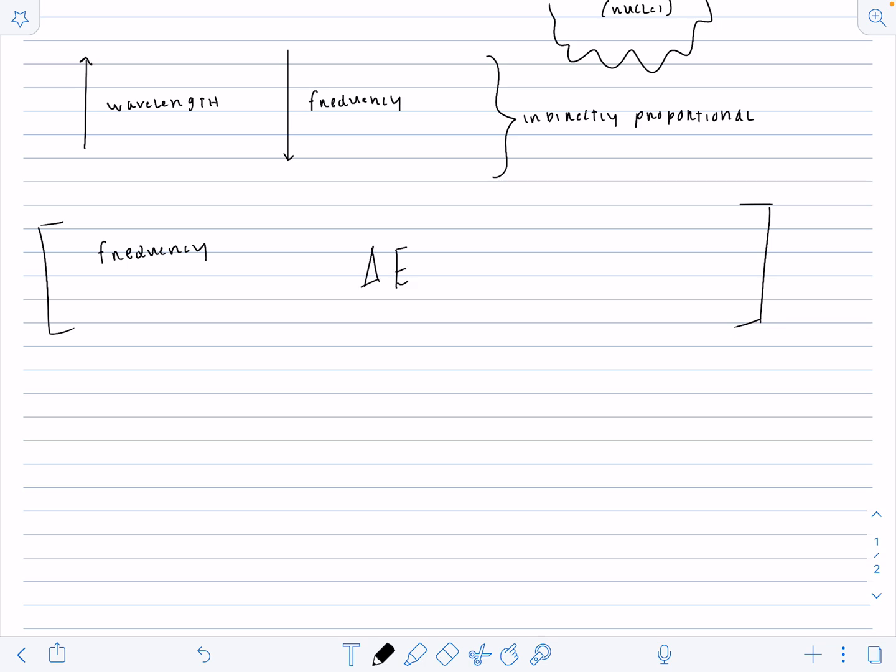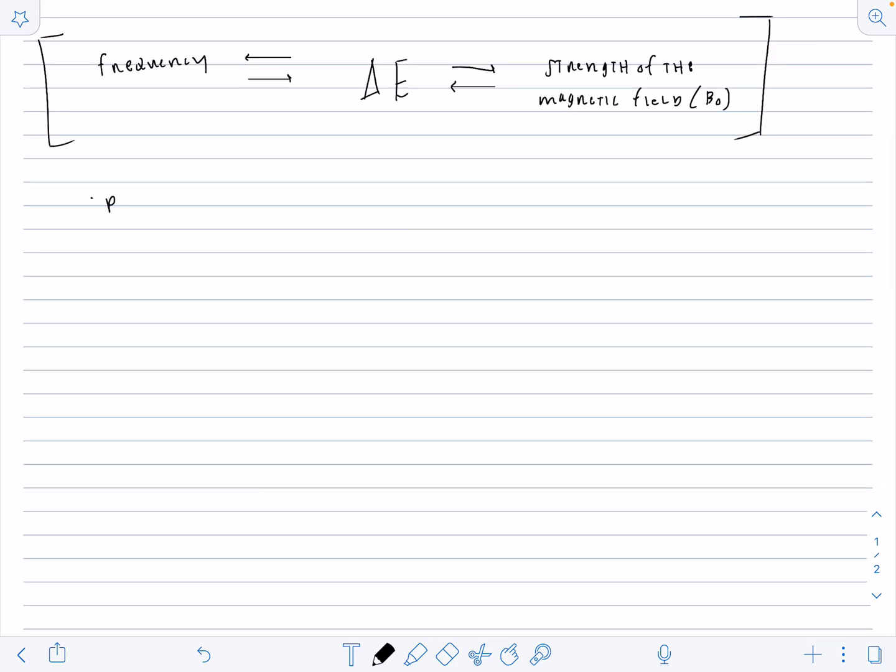energy, and strength of the magnetic field, or Bo. That's what we care about. And all of these values, so I gotta draw straight lines. Oh, JK. All of these values are proportional to each other. And this little relationship gets a pretty big box because if we know these relationships, then we can basically determine how spectroscopy matters. And as we keep going, keep in mind that photons